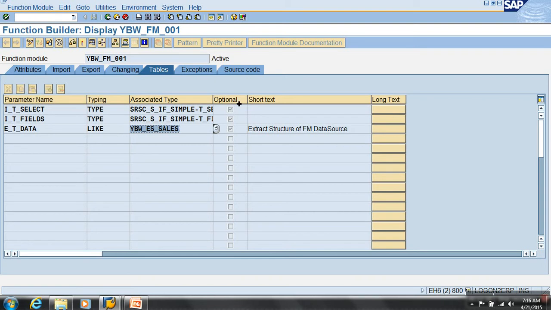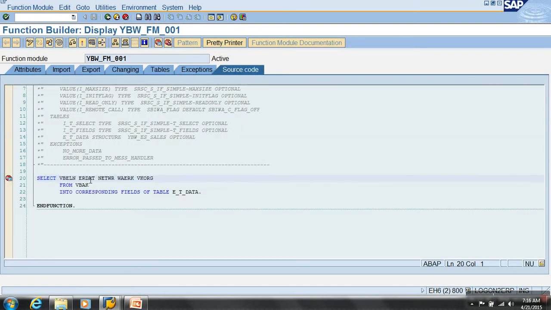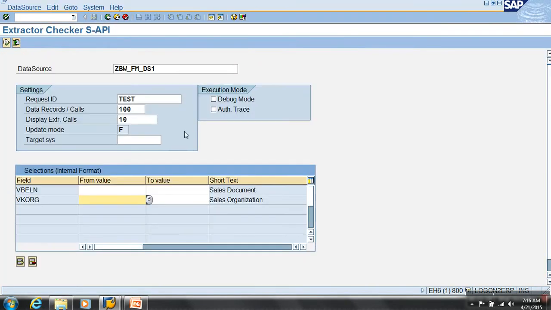Same thing I'll show you practically by triggering this. I've just put a breakpoint here. So I'll say debug mode. I'm just triggering this function model. Shall I give some selections also? I know selections will not work, but I would like to show you those table contents. Let me trigger this.